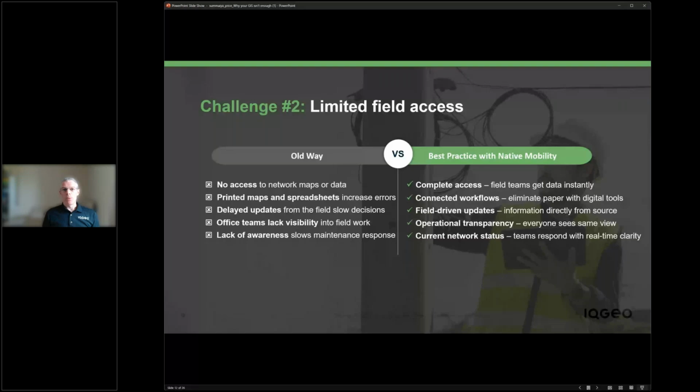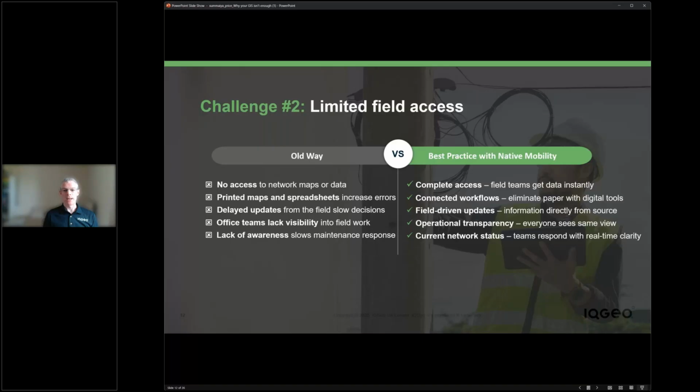So we believe that from a best practice point of view, being able to provide access for field teams to the data about the network, giving them complete access to that network information, is key. And clearly we're talking about the GIS, so this is the physical network inventory that we're primarily focusing on.